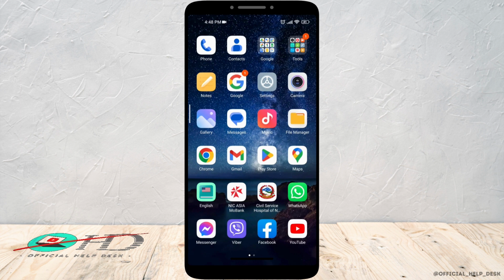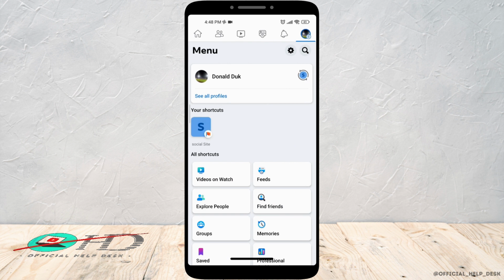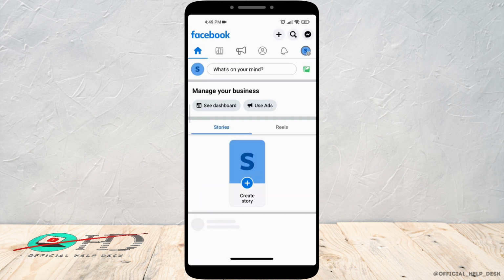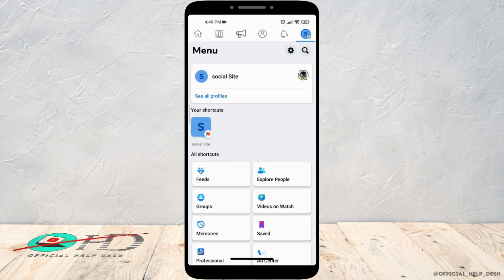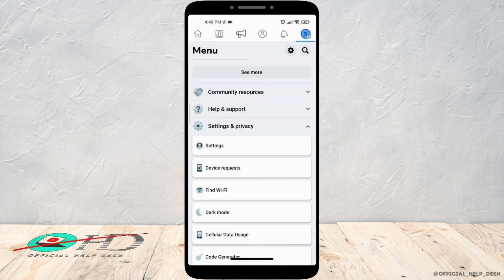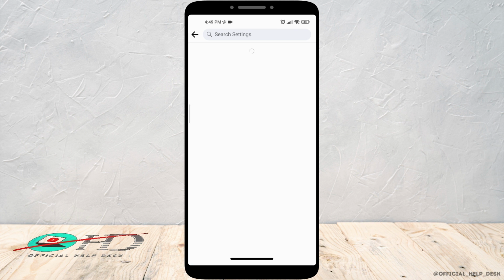Firstly, open up your Facebook and click on the hamburger icon and switch back to your Facebook page, and click on the hamburger icon again. Go to settings and go to page settings,